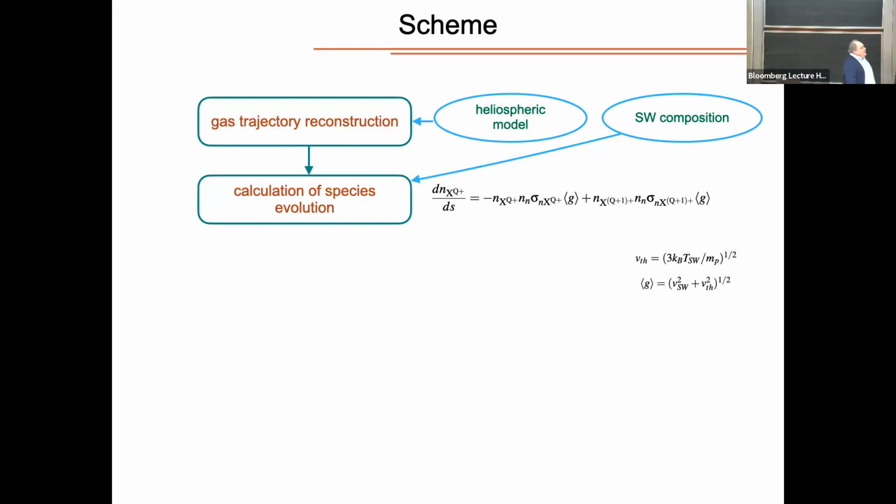Next, we need to calculate the evolution of species. We have many species there. We have lots of ions, as you figured. So for each species, for each ion X with a charge Q, we have to see how many ions are left due to the charge exchange from state Q to Q minus 1, and how many